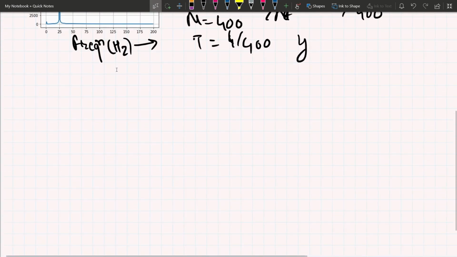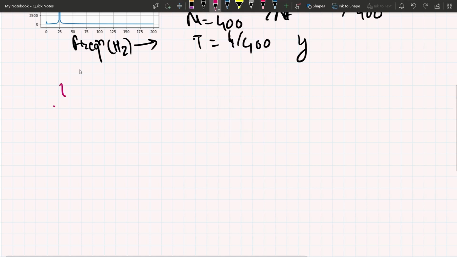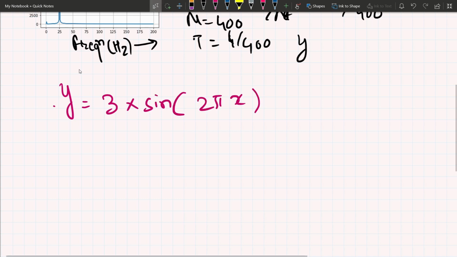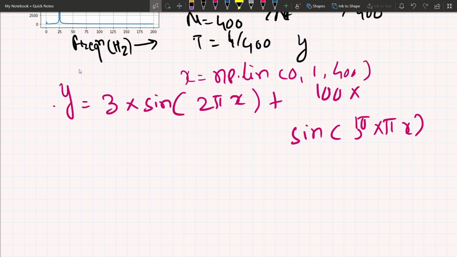I will write our function: y is equal to 3 multiplied by sine 2 pi x plus 100 multiplied by sine 50 pi into x. The x value is np.linspace 0 to 1 second, with the number of divisions around 400.